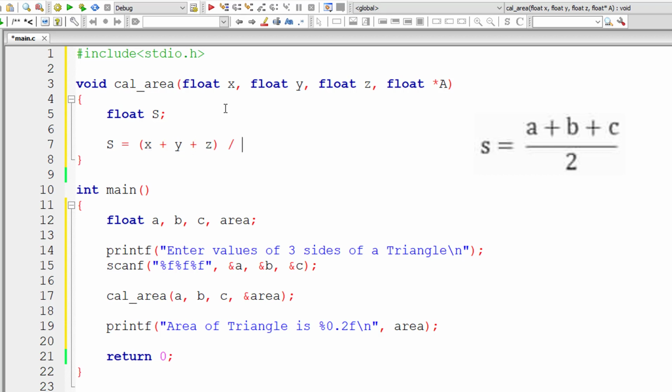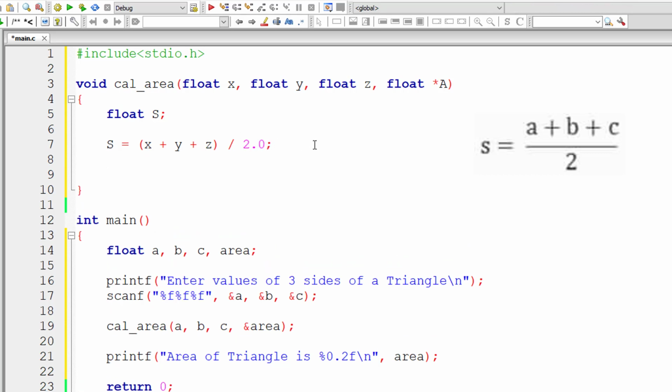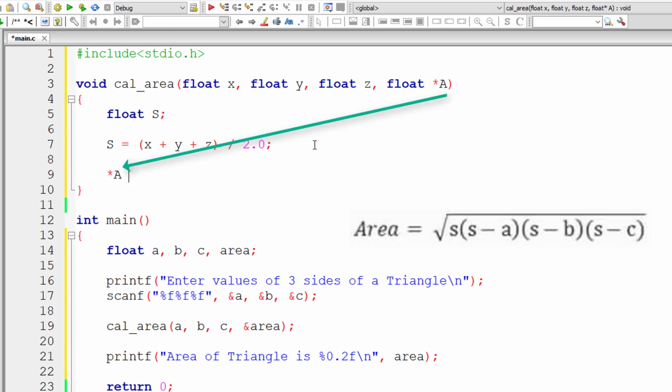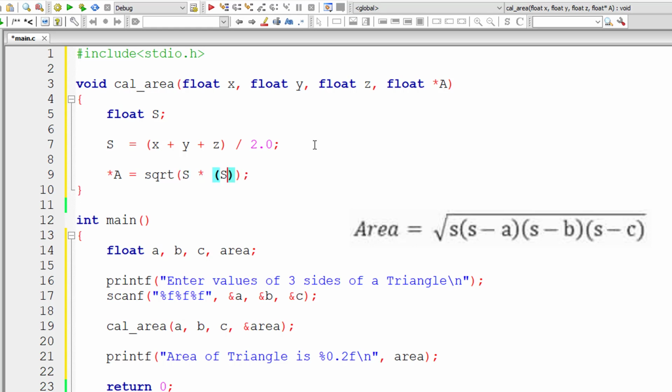So I'll calculate semi-perimeter. S is equal to 3 sides of the triangle, that is x plus y plus z divided by 2.0. Make sure to give 2.0 and not 2 because division by integer gives integer value. So area of triangle is equal to square root of s into s minus x into, we need to explicitly mention the multiplication symbol here, s minus y into s minus z.